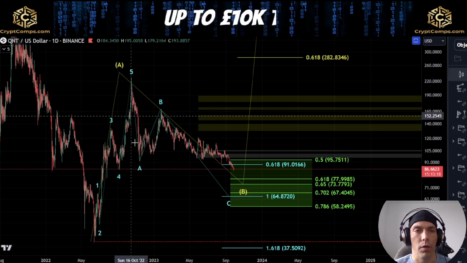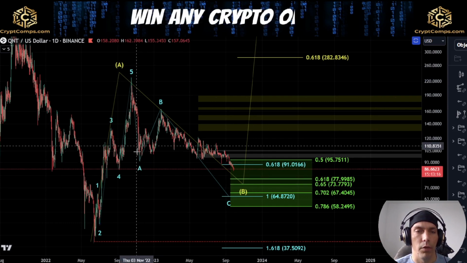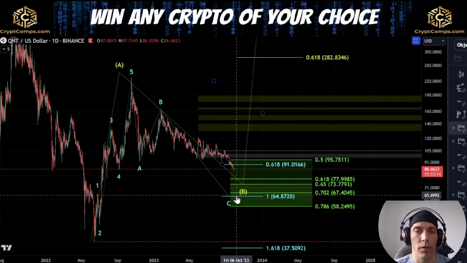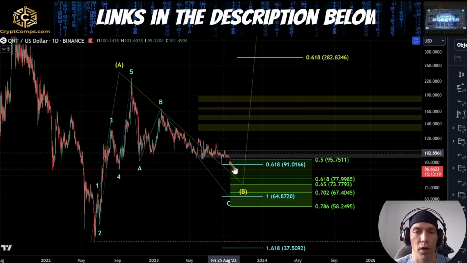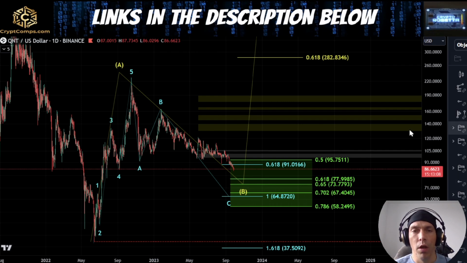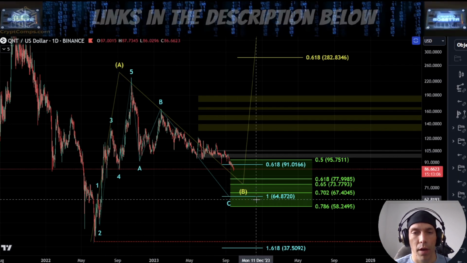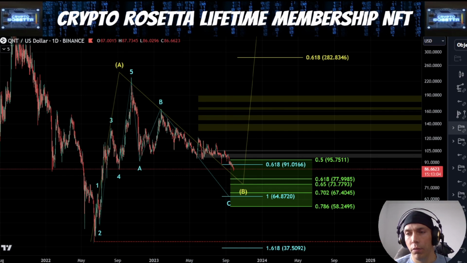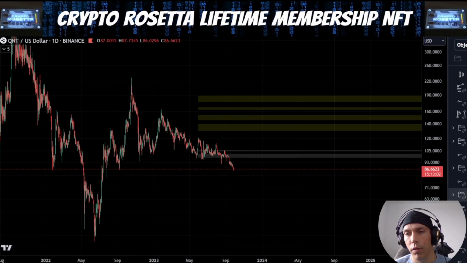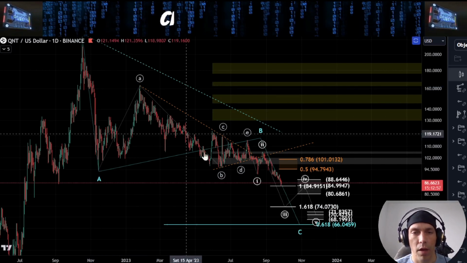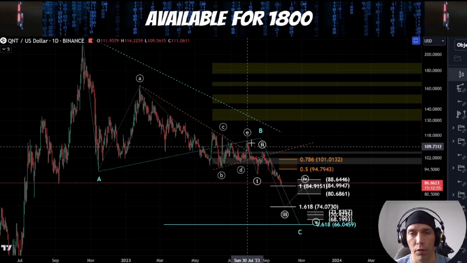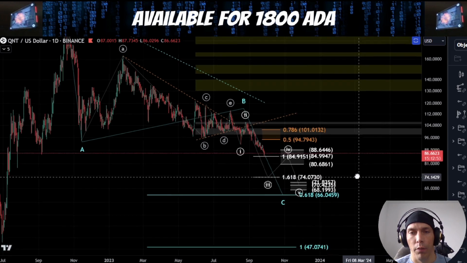Now within this idea where this is a B wave, what we could have is that this is either A, B and C, or alternatively we could have this as a B wave triangle into this point here, and we're breaking down for that C wave. Within this idea where this is A, B and C, what I will be looking out for is that potentially we could see something along these lines, where this is our A wave. We have A, B, C, D, and E into this point,